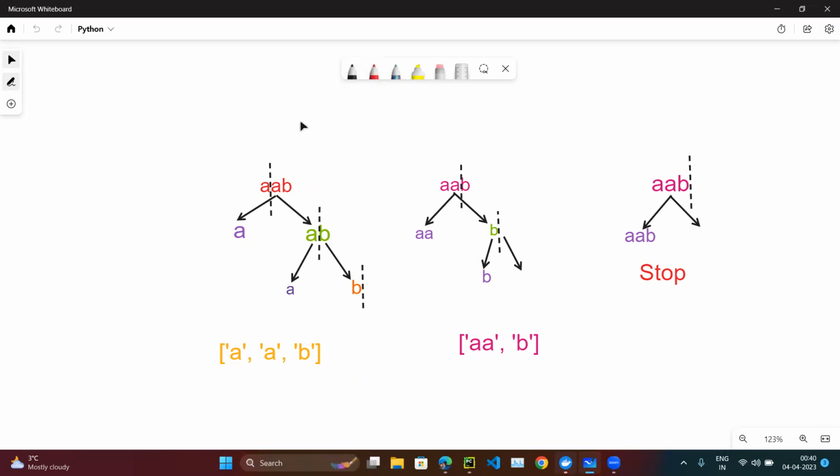Let's suppose there are 10 people in a row. One, two, three, and up to 10. Now, if I tell you, can you please count the number of people? You don't know how many people are in the row, but you have to count. So one approach is you just loop over this array, and then you increment the count